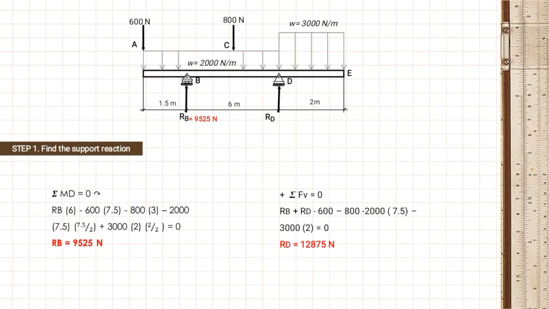And for the summation of vertical forces is equal to 0, we will come up to the solution of reaction at B plus reaction at D minus 600 minus 800 minus 2000 multiplied by 7.5 minus 3000 multiplied by 2 is equal to 0, and the reaction at D is equal to 12,875 Newton. After getting the support reaction, you can now proceed to